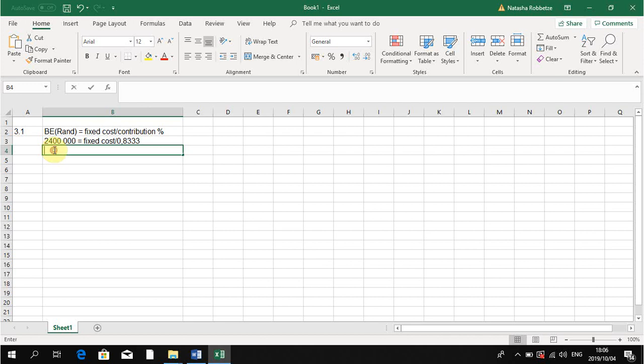So you will find that we can take the 2.4 million and we can times it by the contribution margin decimal, and that should be equal to the fixed cost times 1. And if I do that multiplication, I get the fixed costs to be 1,999,920. So that's quite easy. And also, again, an exam tip that I said in class and that I would like to